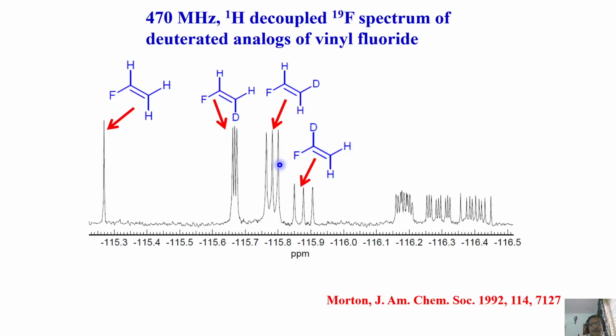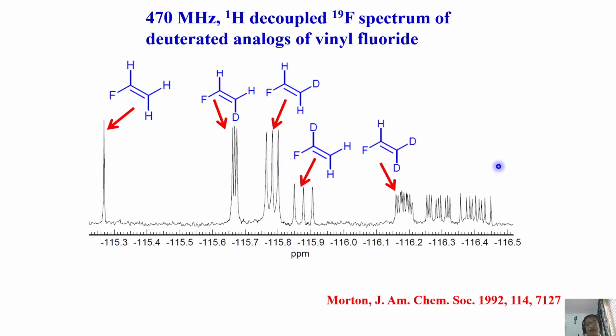What is this one? This is a situation where deuterium is geminal to fluorine, in the sense that it is only two bonds away. Two-bond FD coupling is much larger than three-bond coupling. See the separation here, quite large. Now measure the peak separation between this and this, and you get the two-bond JFD. Like here, you measure this separation, you get the three-bond FD coupling; here you are getting two-bond fluorine-deuterium coupling. Very easy, right? That is what you are going to observe with a single deuterium in different analogues where the deuterium substitution position is varied.